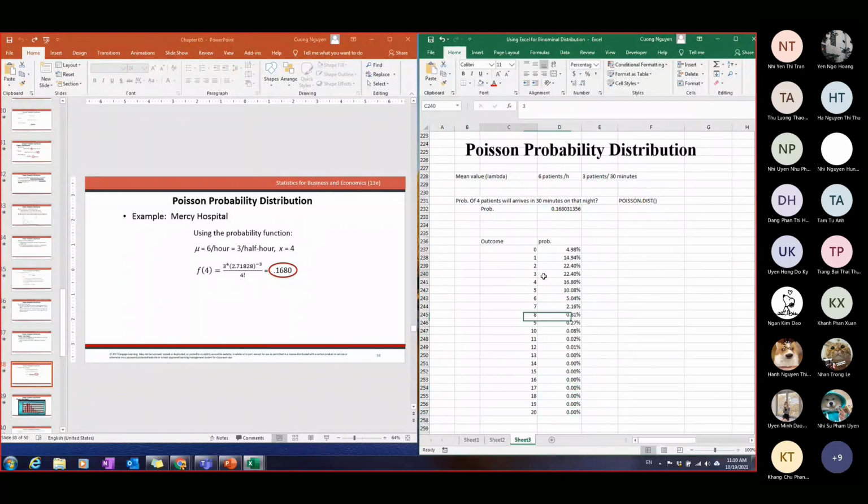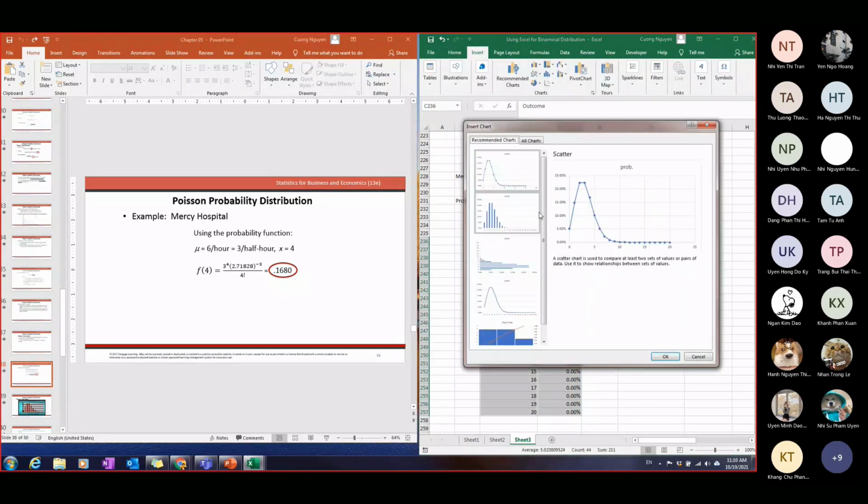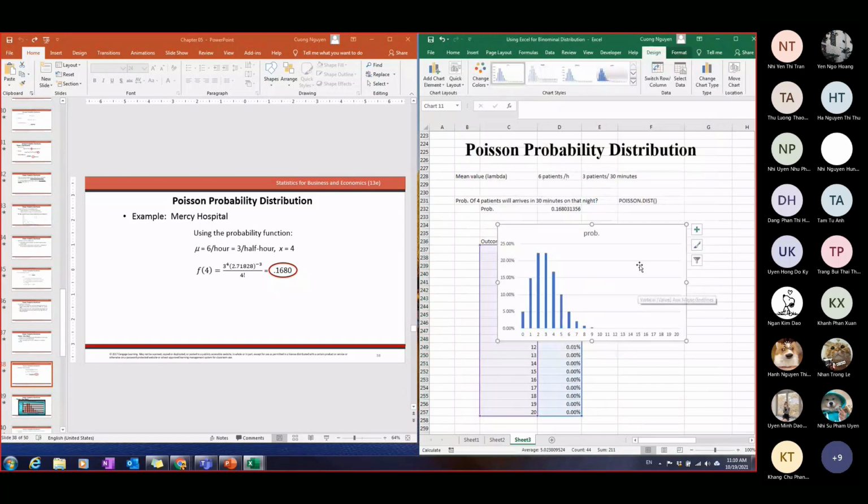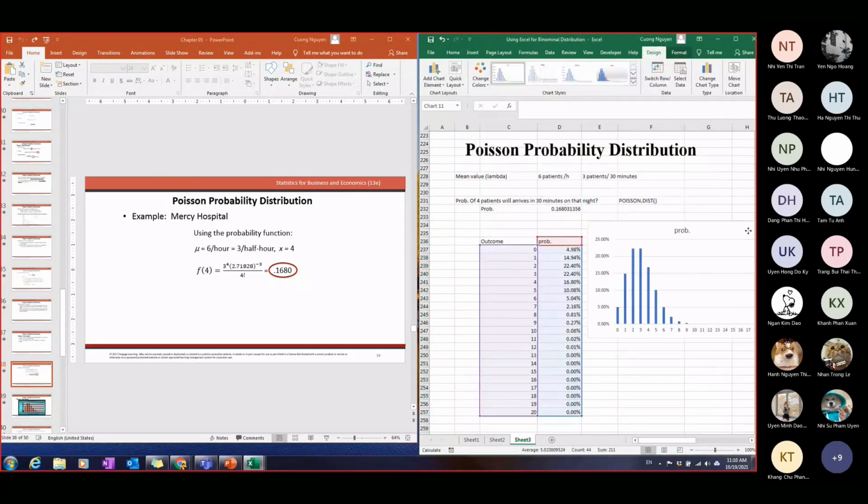Yeah, because we know normally it's around 3 people. So this is the way for us to understand and measure this very low probability. You can see we have a very low probability that we will have a lot of patients, more than like 7 or 8 patients. So most of the time the count will be from 0 up to 7 guys, and based on this we can allocate our doctors to take care of the patients.